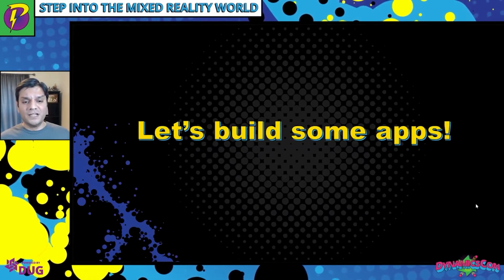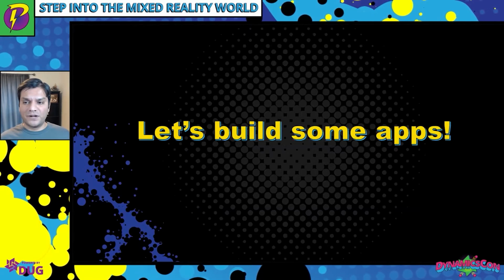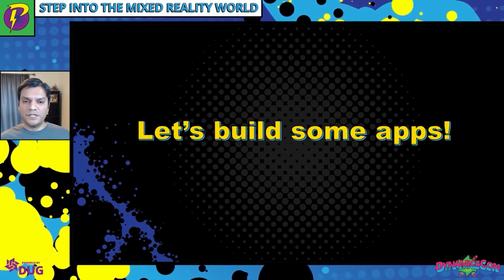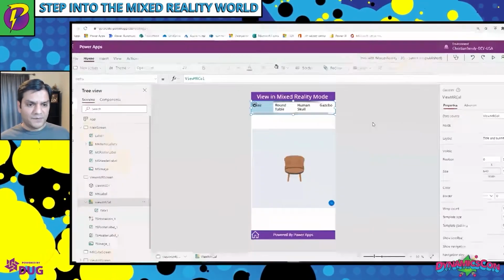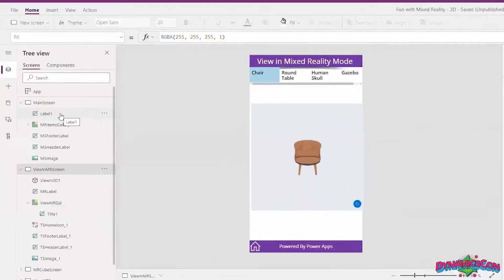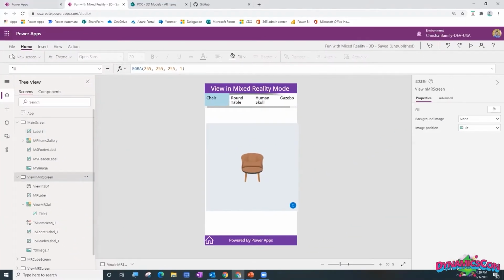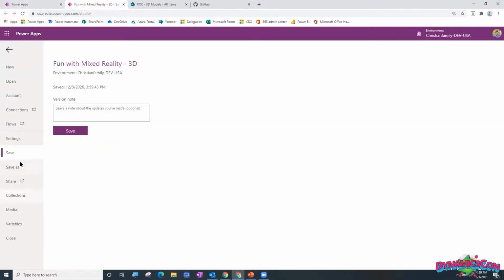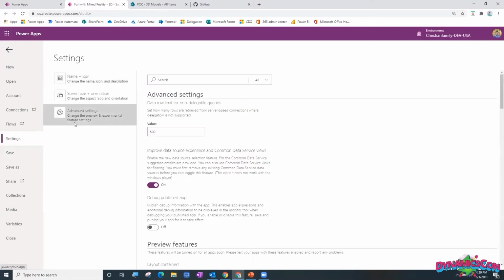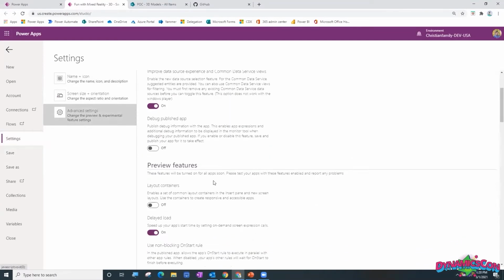So first thing I want to do is actually show some of the apps that I already have over here. So I'm going to jump in and we'll go ahead and start building some of my apps. So here is just a Power App. And what I've done in the Power App is, just to make sure, we go over here to our files, we go into the settings. In our settings, I go to the advanced settings. And this is what I meant, that it's in preview right now.